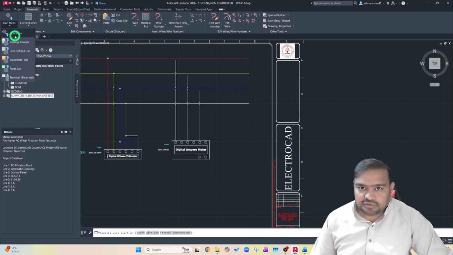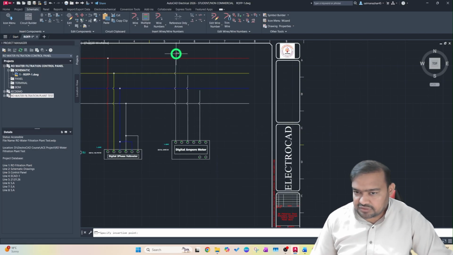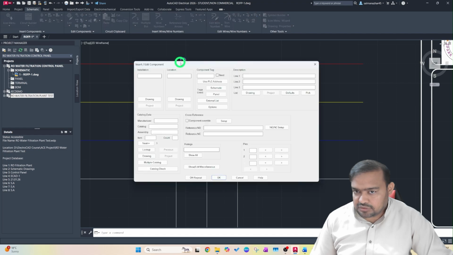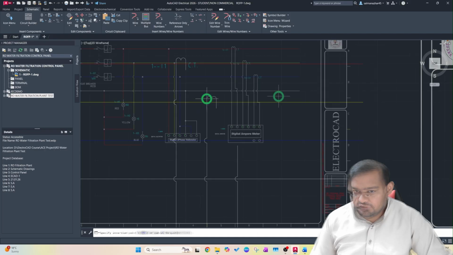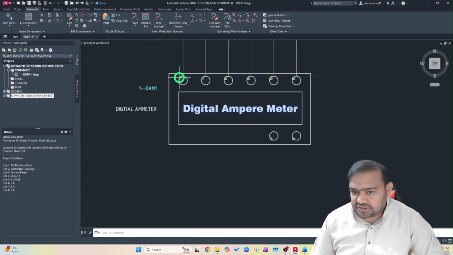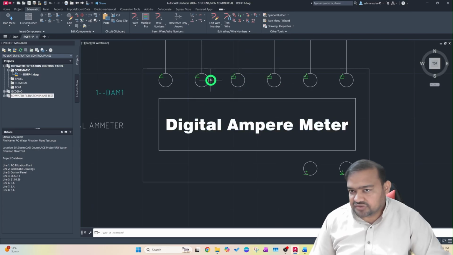Now click on icon menu and select CTs. Start placing our CTs. Once our CTs are connected to our digital ampere meter, I1 plus, I1 minus, I2 plus, and I3 plus and minus,